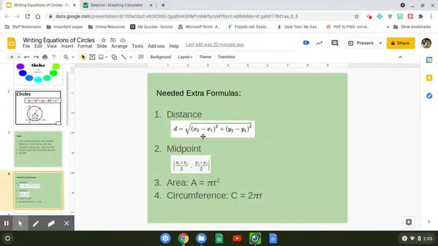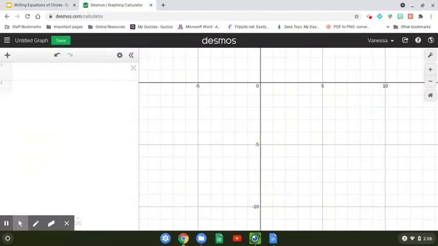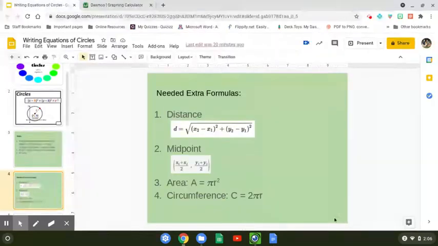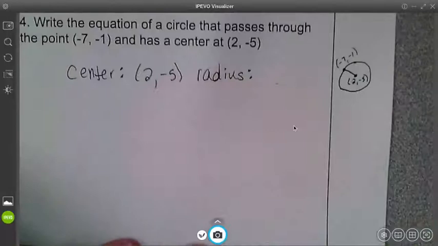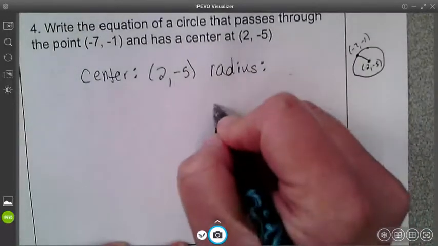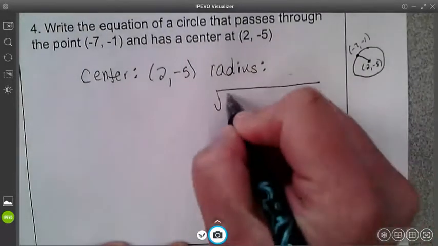The distance formula is the square root of x2 minus x1 squared plus y2 minus y1 squared. All right, so we've practiced that formula, so we're just going to use it now. So the distance is going to be the square root of,